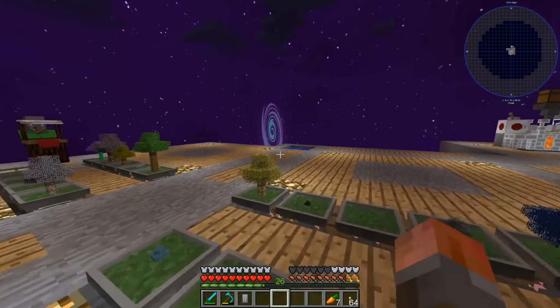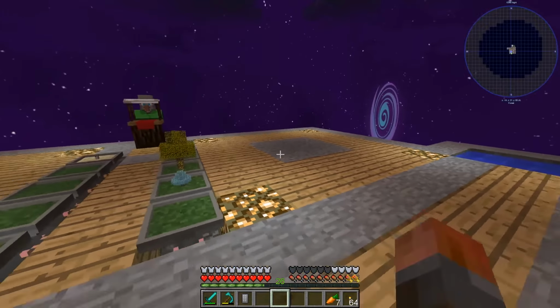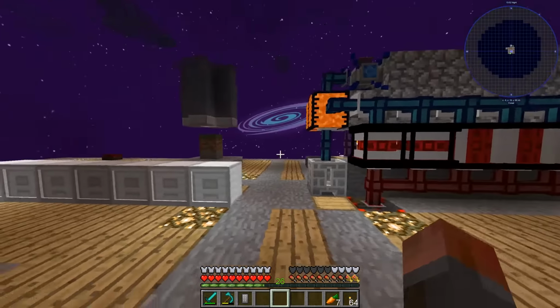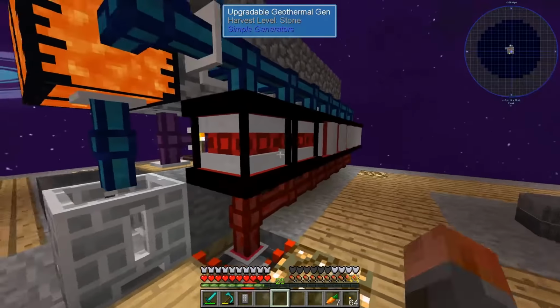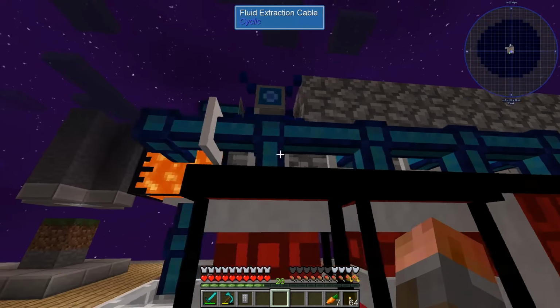Today we're going to get started, and, well, I've already removed this off camera. This was exactly where my lava setup was and everything else, because it's now over here. I've reorganized this into something much nicer and much neater. Just to briefly explain, we've got the cauldrons down the middle with torches underneath. And then on this side we've got fluid extraction cables, which are just taking all the lava out and dumping it